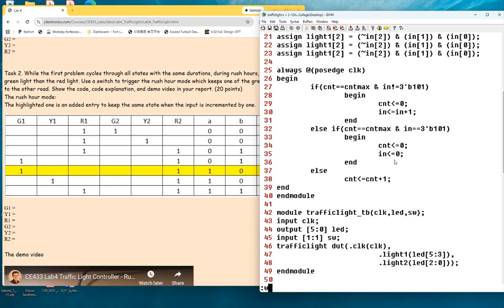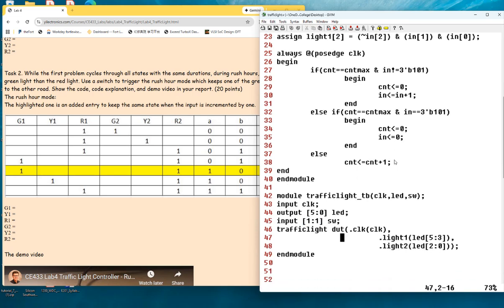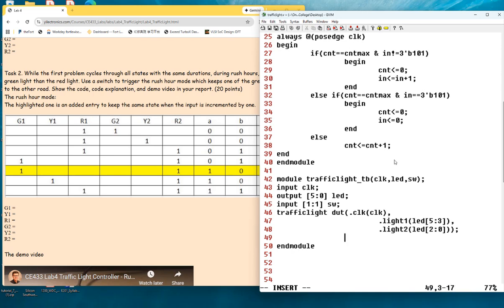And let's just use a switch here. So for here, then you wanna make a connection. It's gonna be rush, should be connected to switch 1, right? And this guy needs to be deleted. All right. So these are the modifications to the top,